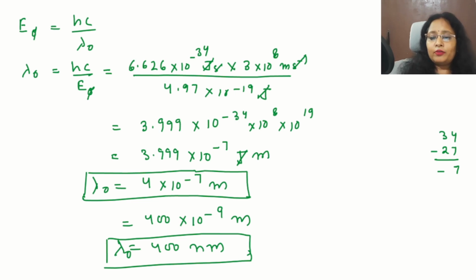Now the next part of the question is to find Planck's constant. We'll use the same equation. Work function E naught is equal to hc upon lambda naught. So from here, separating h, it becomes E naught into lambda naught